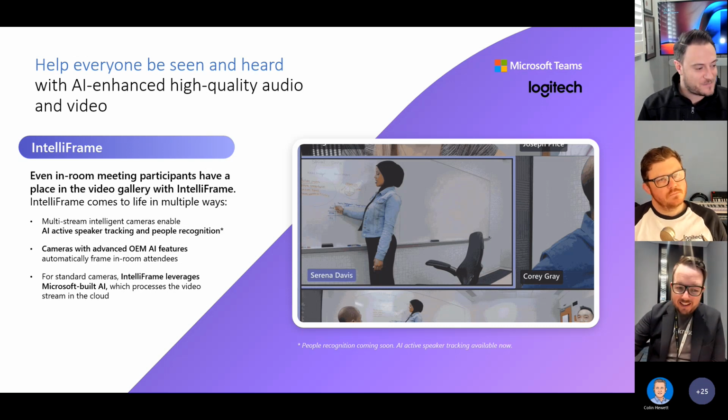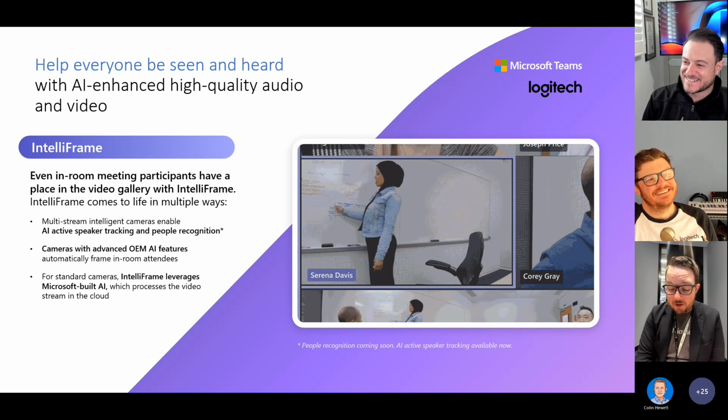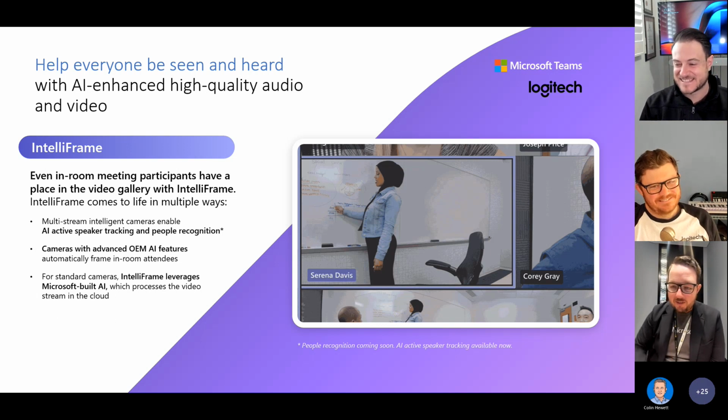I really like that. For people like me who are really bad with names, I really like in Teams that I can see everyone's name, and I'm definitely at a disadvantage if there's just a meeting room full of people. So yeah, it's super common, right? Because you want to follow the executive in the room when they're talking, but there are other people that you want to know who's talking as well,